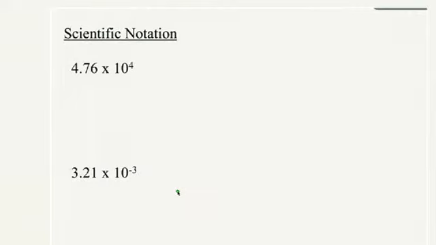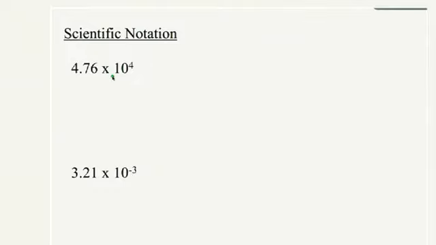Good answer. All right, let's finish off the chapter by talking about scientific notation. A number is written in scientific notation if this first number here is some number bigger than 1 but smaller than 10. That is, between 1 and 10, but including 1, but not including 10. It's got to be some number between 1 and 10, multiplied by 10 raised to a power.